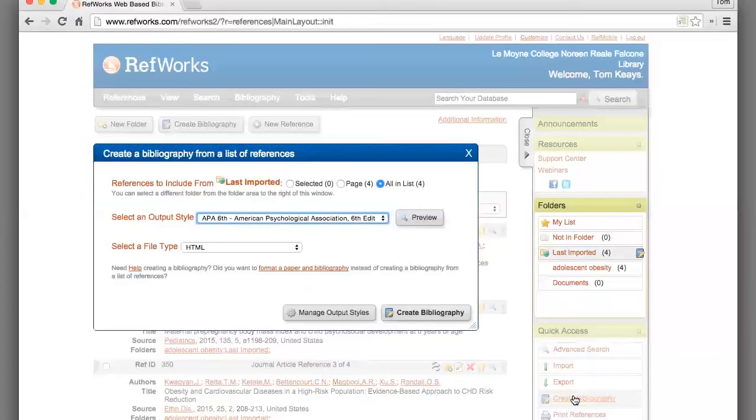This option provides an easy way to create an on-the-fly bibliography of references from whatever folder you are currently viewing. You might want to do this, for instance, to create a handout for a presentation. I also like to do it so I can spot errors in my citation. Missing metadata, badly formatted entries, or extraneous information is sometimes easier to spot this way.